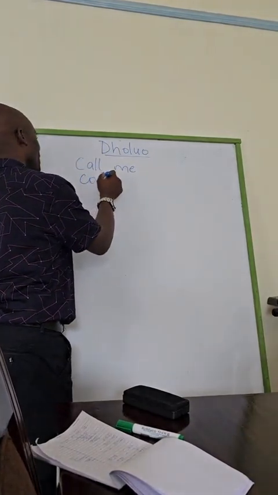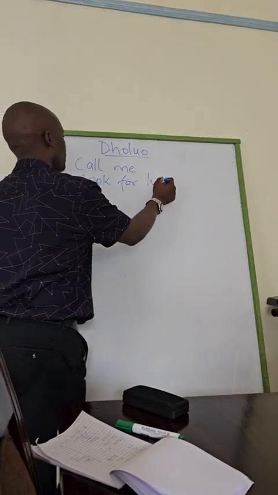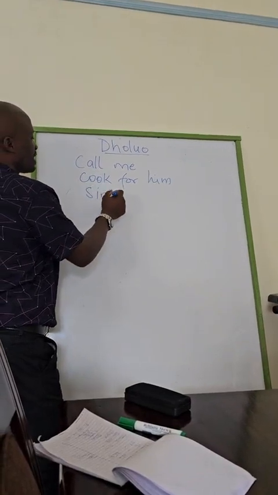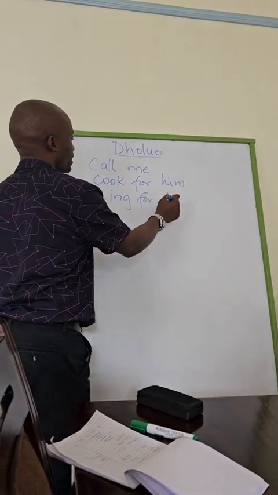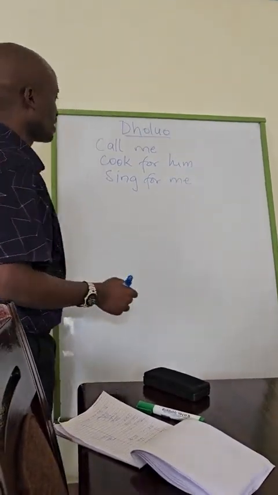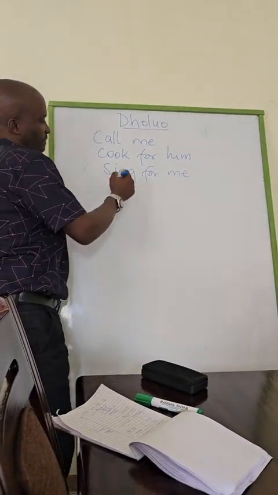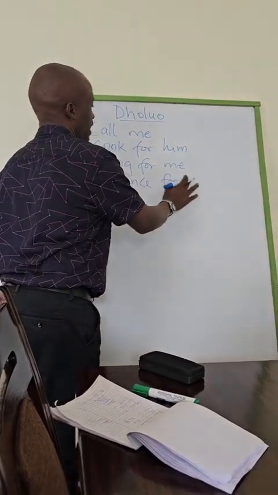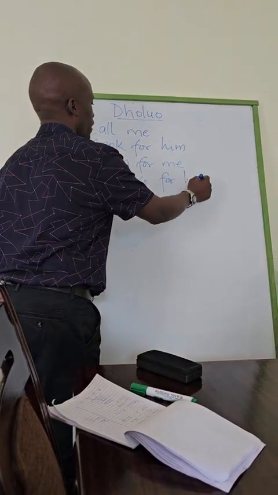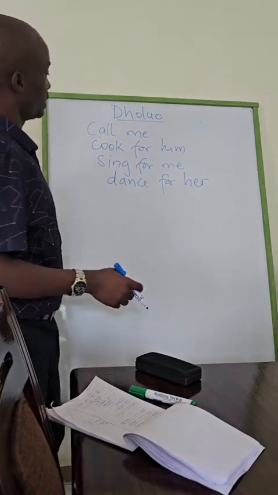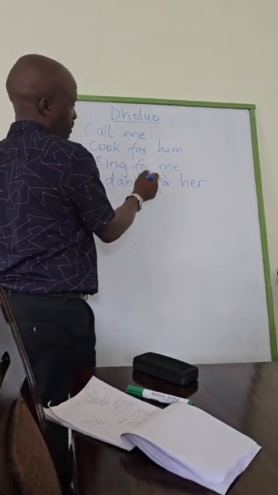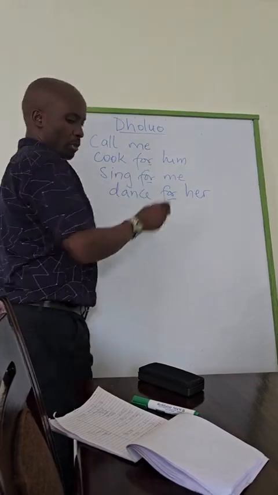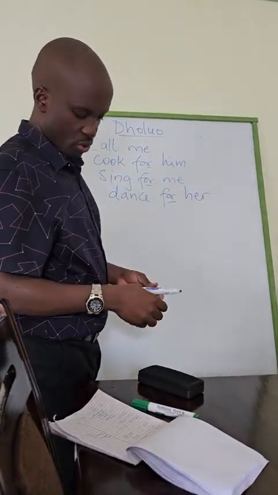Or cook for him. Or sing, yeah, this is a better one. Sing for me. Or dance for me. Let's say dance for him. Or dance for her. So this is what I was calling the preposition "for", but I don't know how to explain it. Now, if you want to say a sentence in which you are doing something for someone, in Dholuo you use the word